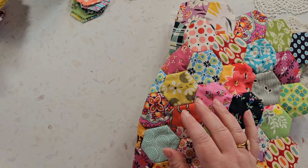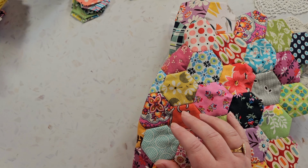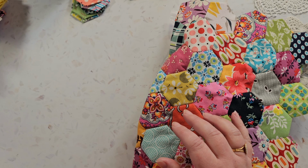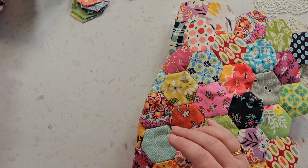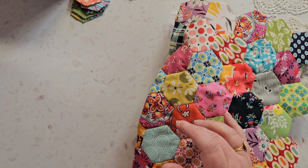Because this is a really long project. It's going to take months and months to first make all the hexagons and then sew them all together. But I'm happy with my progress in the last couple months. So happy that I actually